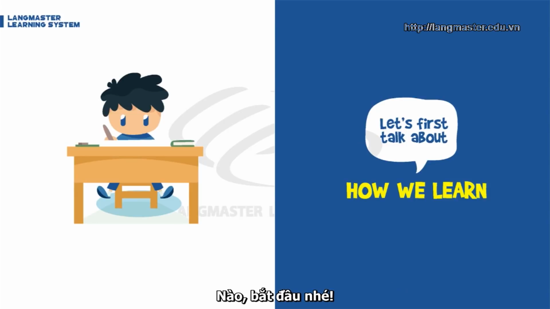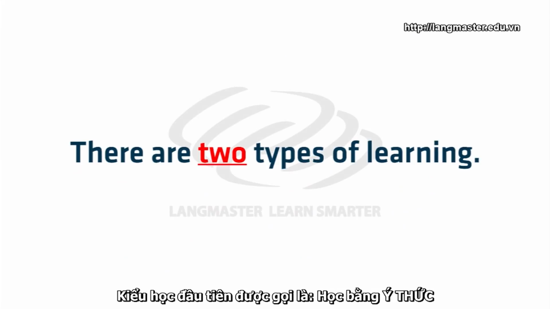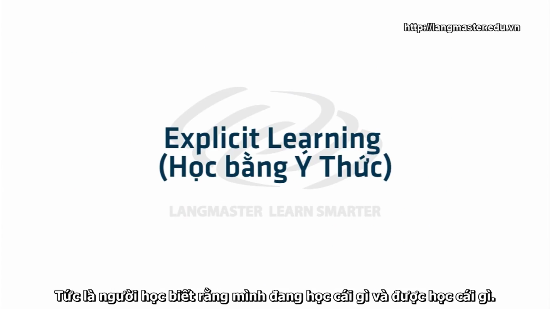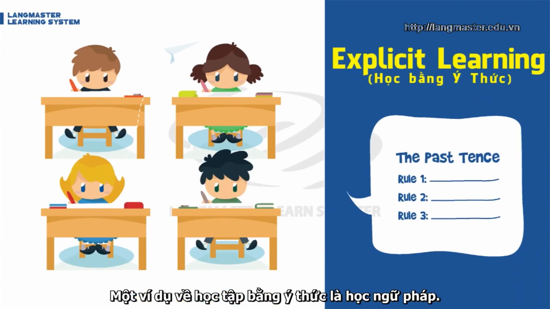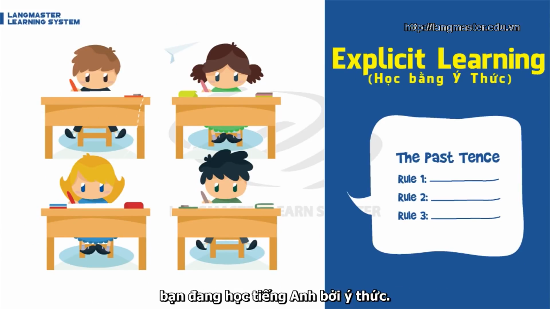So, let's begin. The first thing you need to know is that there are 2 types of learning. The first type of learning is called explicit learning or conscious learning. This is the type of learning where the learner knows that he's learning something, and also what is being learnt. One example of explicit learning is studying grammar. When you listen to an English teacher explaining the past tense, you're learning English explicitly by consciously memorizing how to